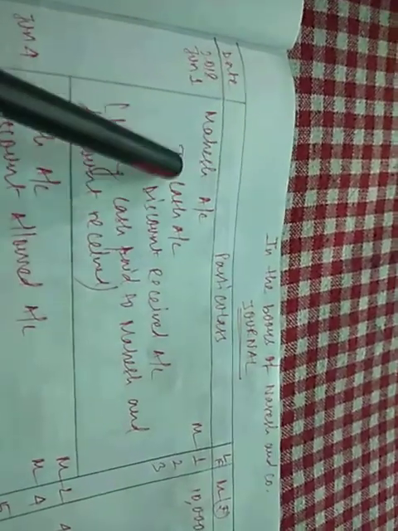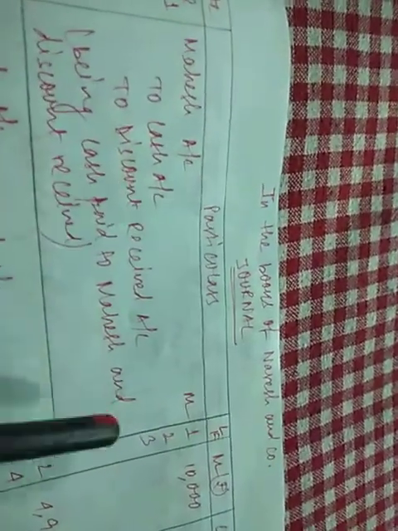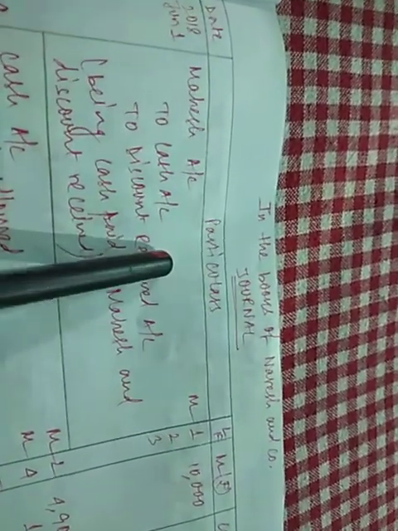So how to read this? Mahesh account was debited to cash account. Now cash account is credited, although we don't write credit here, but it is credited. So cash account is credited by Mahesh account. Credit is not written there. You just imagine there is a credit written there. Cash account is also credited by Mahesh account.